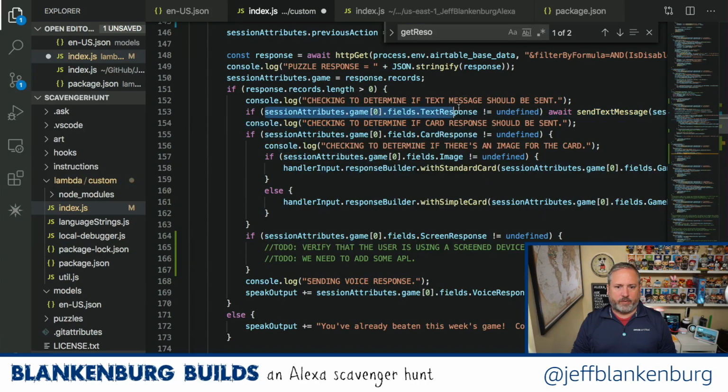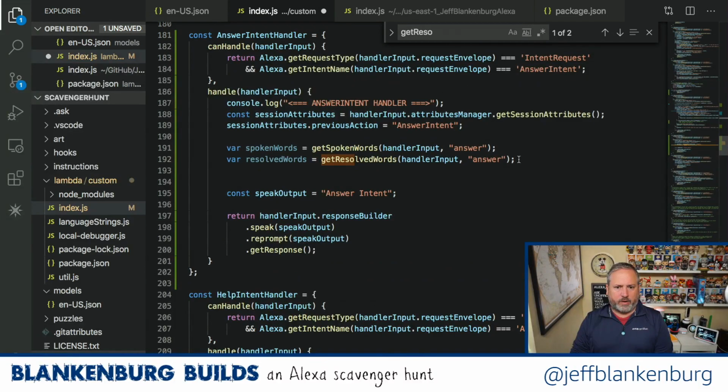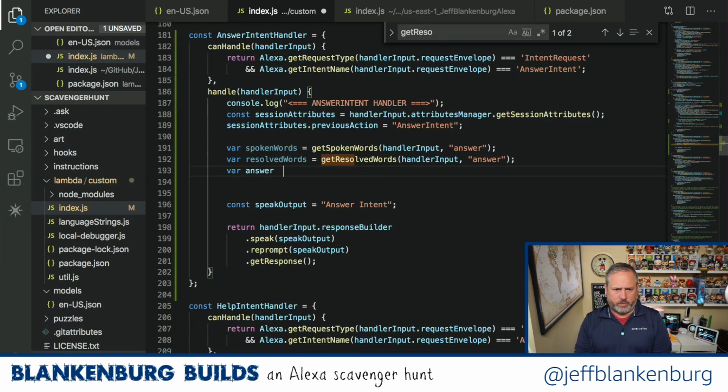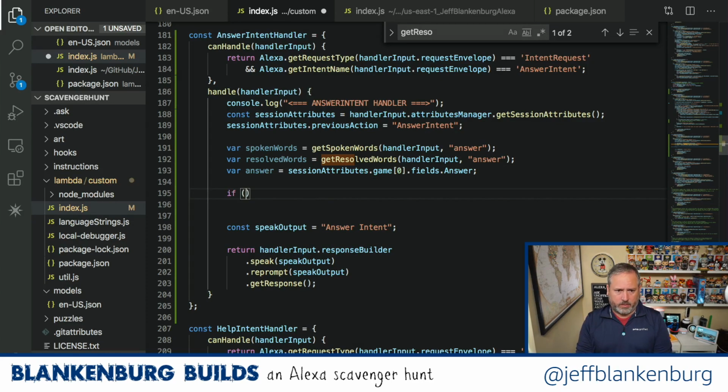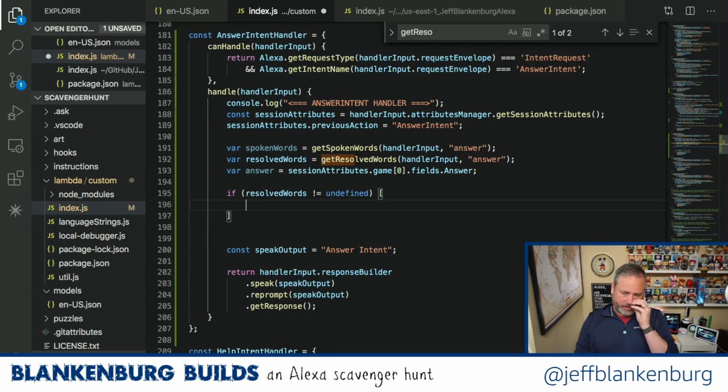I'm just going to grab this thing because I'll need it for the answer. And so down here, I'll just say if our answer equals that. Okay, so we have our actual answer, and then we can say if resolved words 0... no, if resolved words doesn't equal undefined. So this is the first check that I'm going to do: did I match anything? If they actually match something, great. Then if it wasn't the first one, they're probably wrong. So I can say if resolved words 0 equals answer,